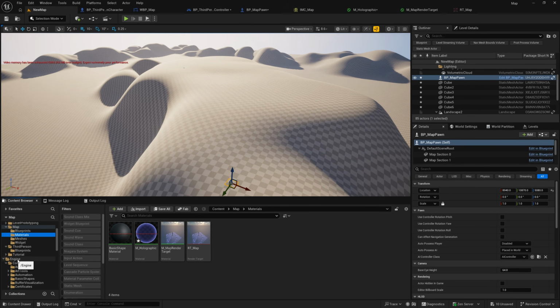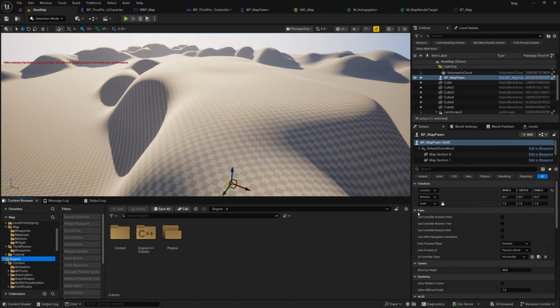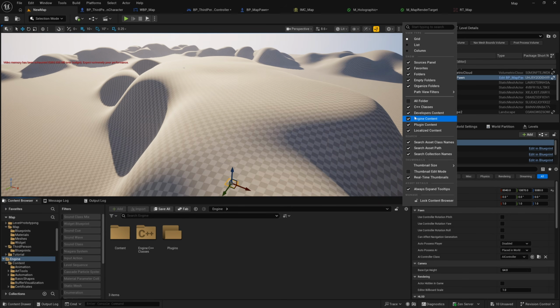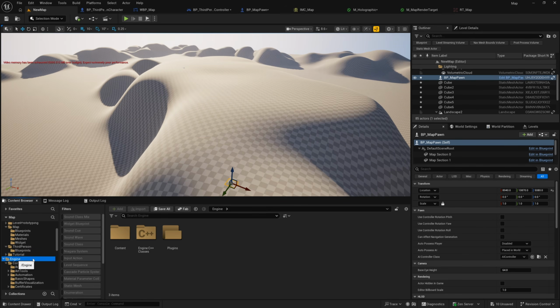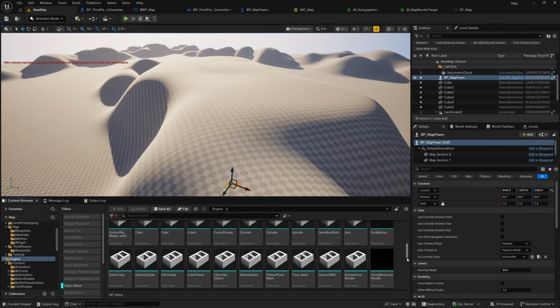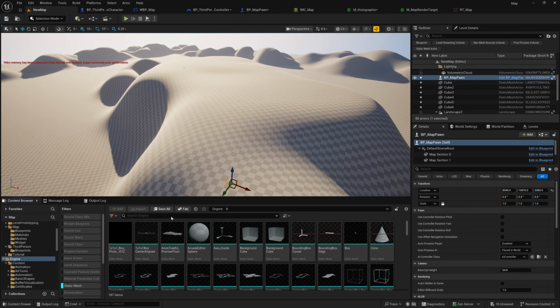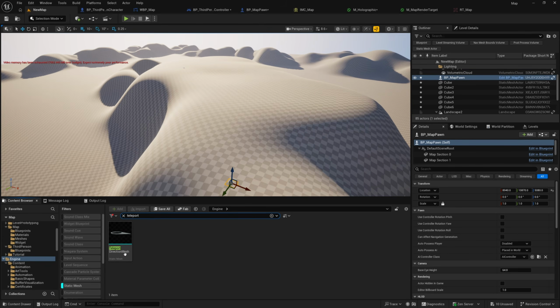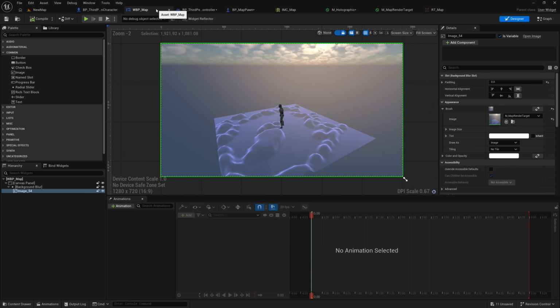So in the engine content, and if you can't see the engine content, you can click the little cog here and show engine content. If we filter by static mesh, we've got a bunch of static meshes in the engine content. And in here, if we search for, I believe it's teleport, we've got this teleport direction mesh, which is a nice little location pin looking thing. If we just drag this to our meshes in map folder here and copy here, we can then add this to our